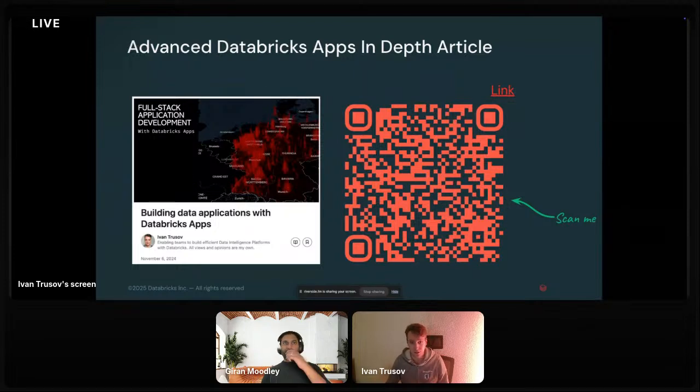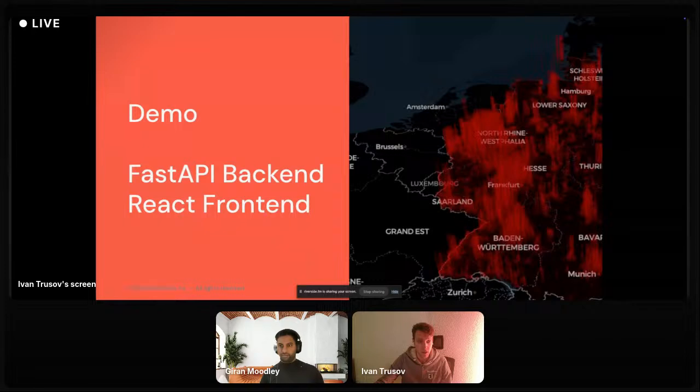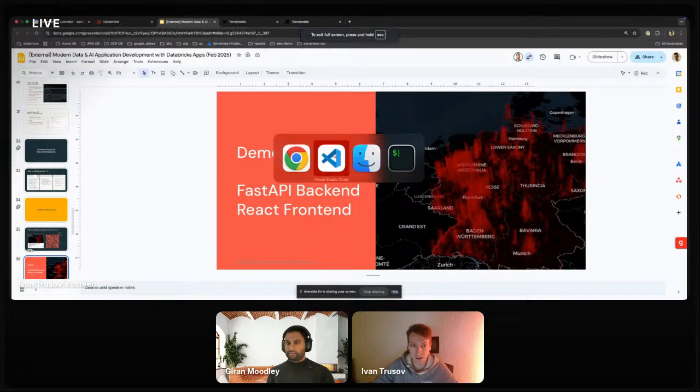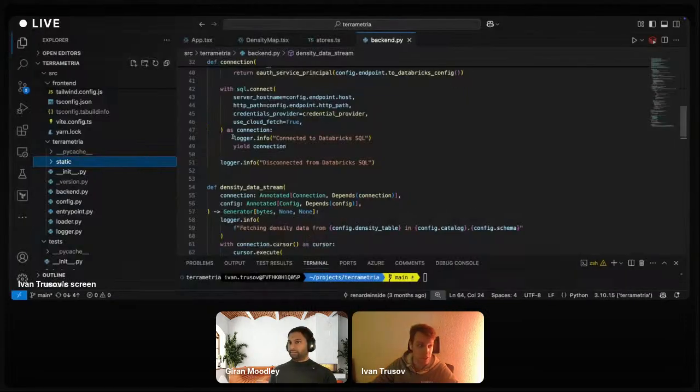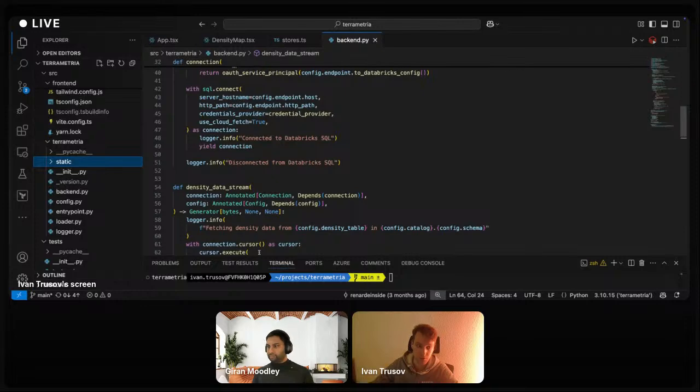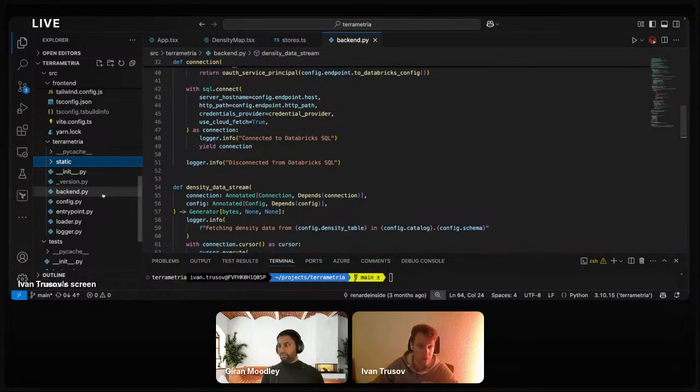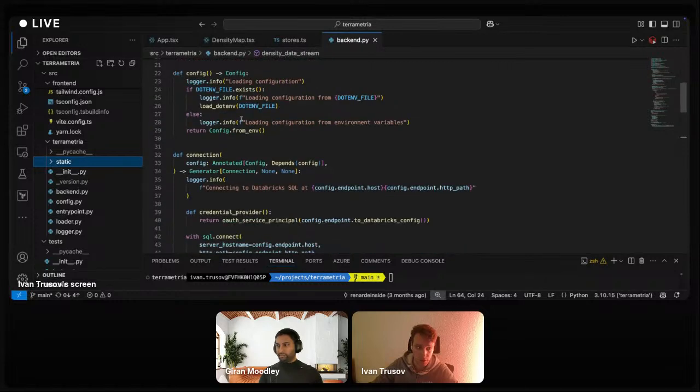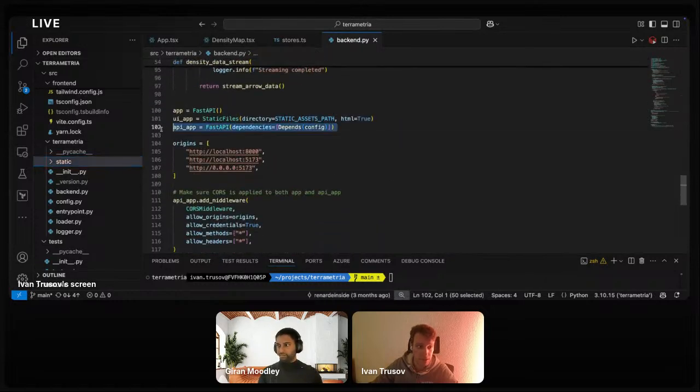This specific article shows a customized application which uses JS and React specifically on the front end and a Pythonic API on the backend. And what I'm going to do now is actually demonstrate this application and how exactly and specifically it is built. So let's take a look at the source code of this application. We're going to start from the backend code, and practically the main lines of the backend are here. I hope they are visible enough.